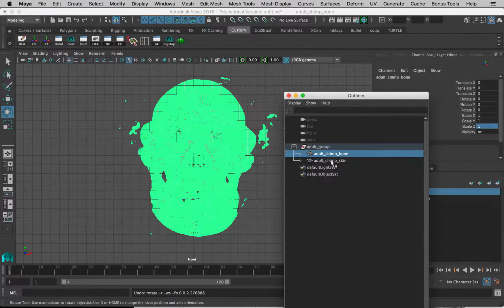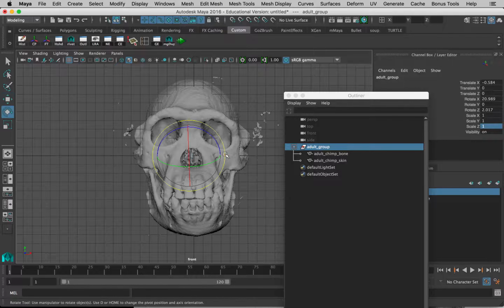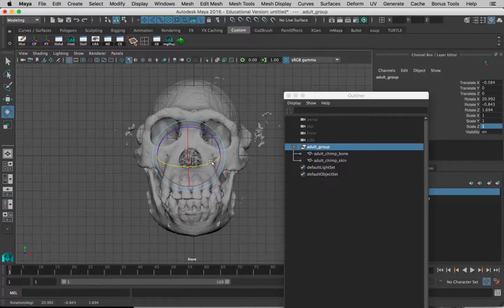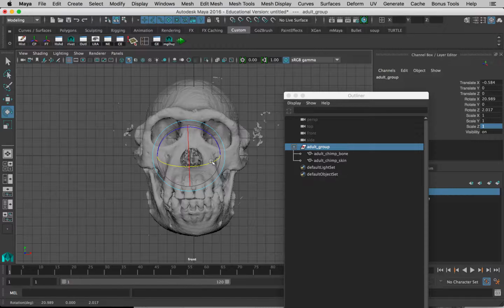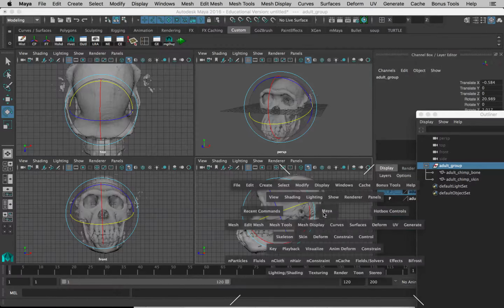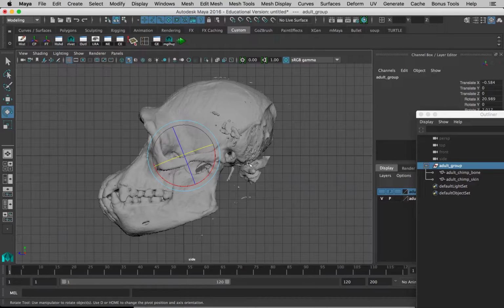So I'm just rotating the group around, going to W to get into the middle of the world. So just remember those shortcuts: W to go into move mode, E for rotate, R for scale. We don't really have to scale. But we want to try and get it as centered as possible. I'm going to rotate it around a little bit here. So I'm going to be popping around from view to view. So this looks pretty good from this side here. I'm going to freeze its transformations, Modify, Freeze Transformations, to get my controller back to the middle sort of, and